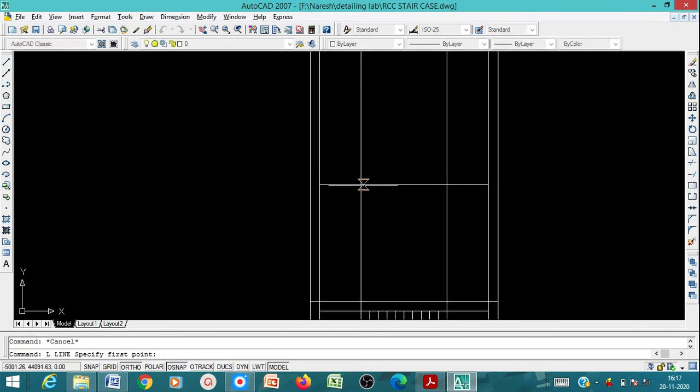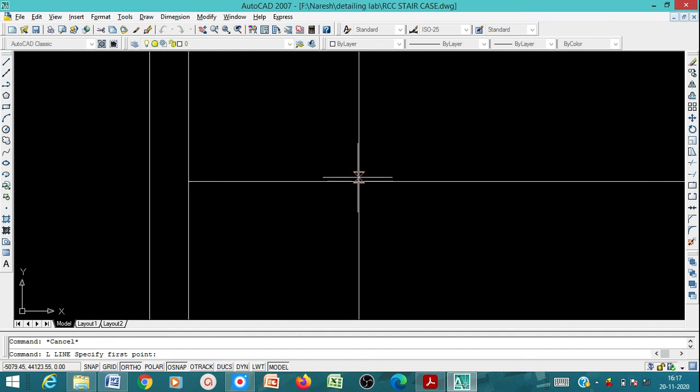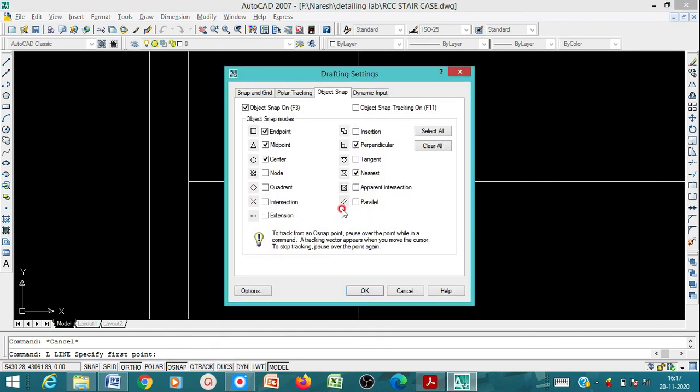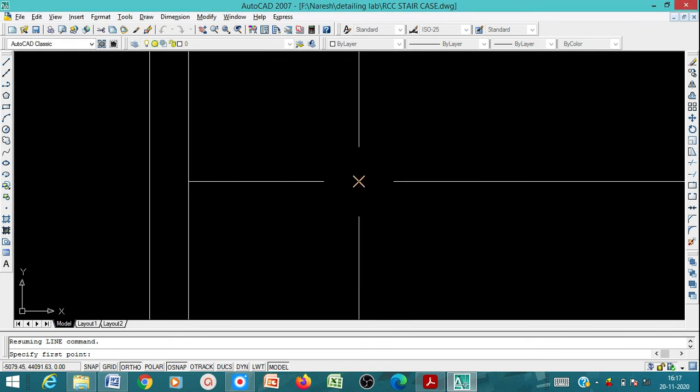So L. Okay, the riser is, with snap setting, intersection. So 150, this way 270, again this way 150, this way 270, and so on.